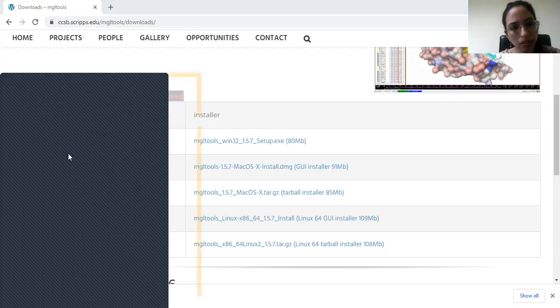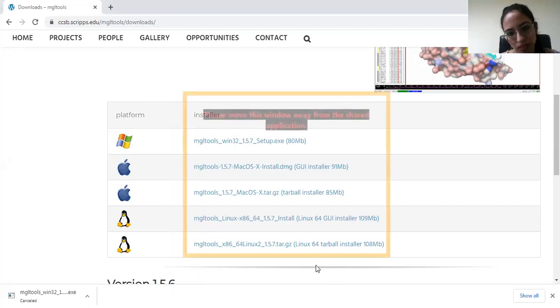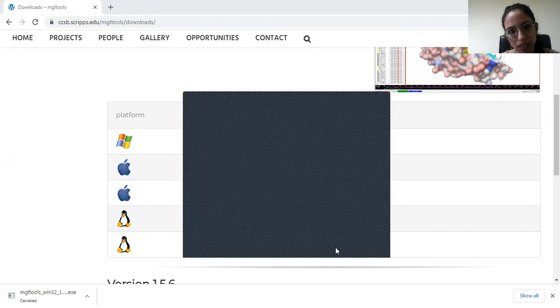Click install. Next, next step, next. It will take some time when the software is fully installed.